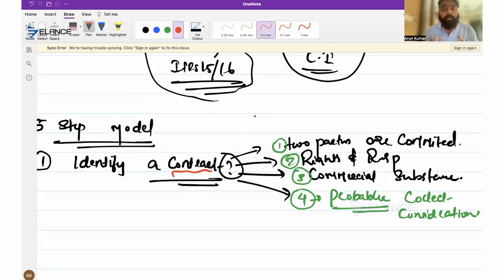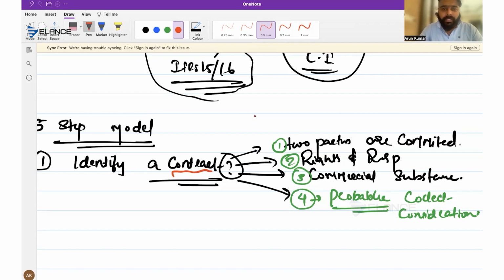Let's say you are not able to probably collect the consideration because the customer is facing some kind of difficulty. Can you recognize the revenue there? No. Or if it's an exchange of assets between two companies, and apart from that they're not paying any cash in between, if you feel that transaction lacks commercial substance, then we cannot recognize the revenue there. Fine.